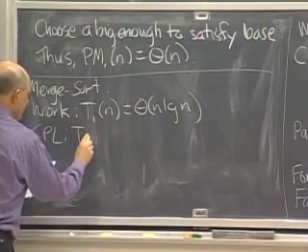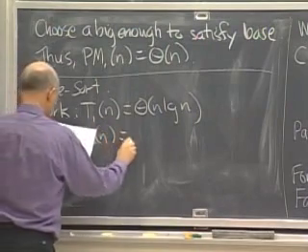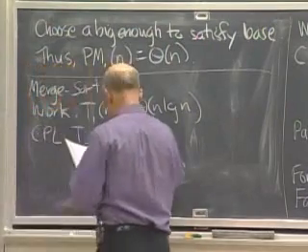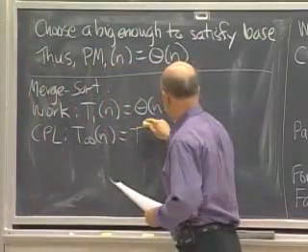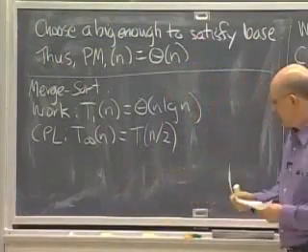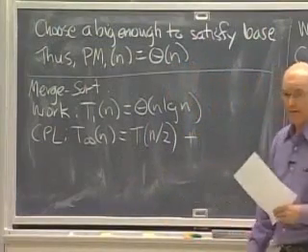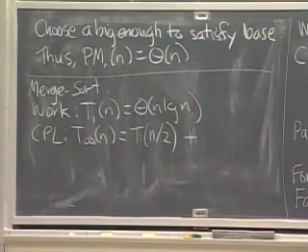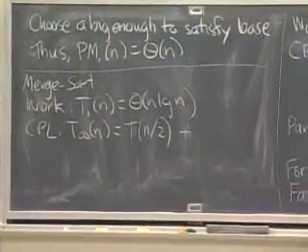The critical path length now is T infinity of n is equal to, in normal merge sort, we have a problem of half the size, T of n over 2, plus now my critical path